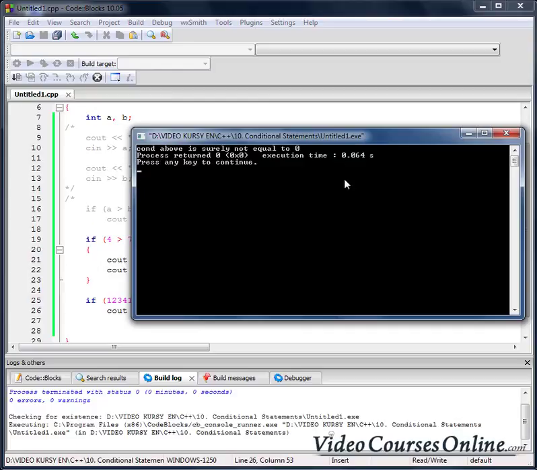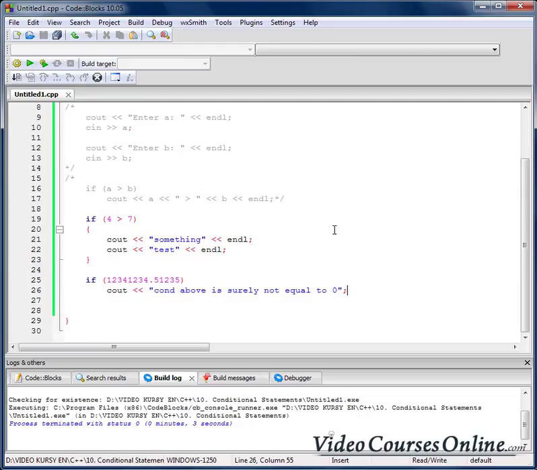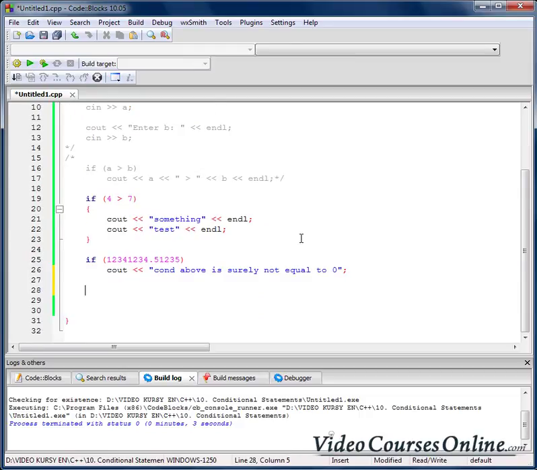As you can see, that instruction got executed. Okay, we can use not only relational operators, but also logical operators. So I can do something like that. If, for example, 7 is lower than 4, or 0 is lower than 10,